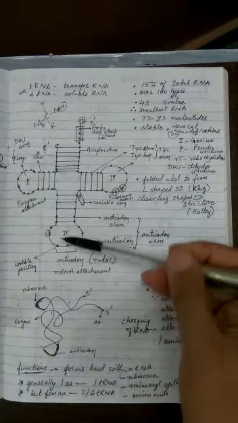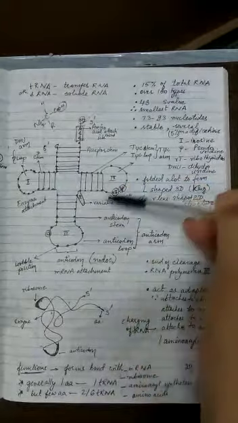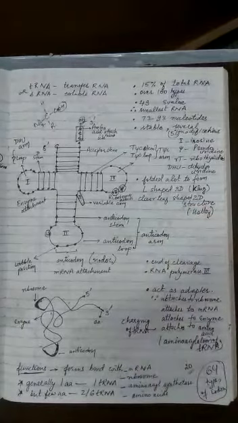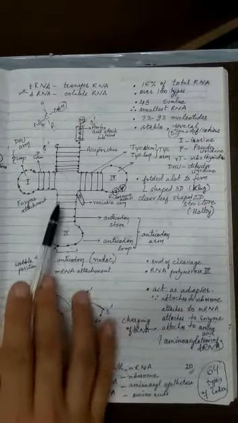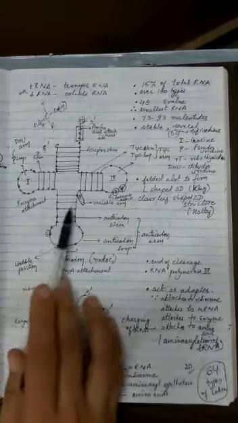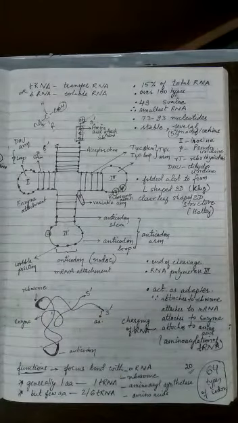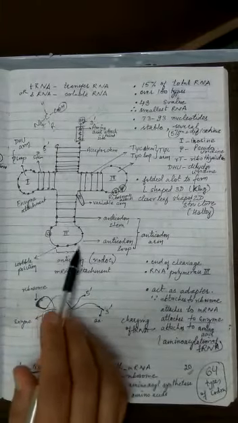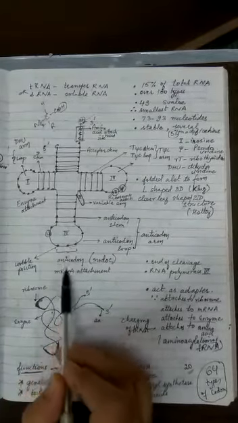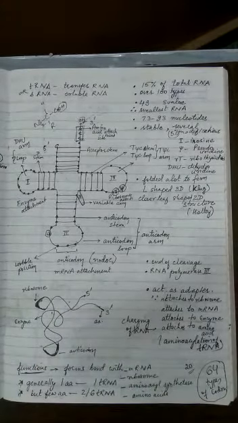Now the next one is this one. Actually, if you check books, it goes like this: first, second, third, fourth, and this is the fifth portion. So the next portion is the anticodon loop. In this loop you can see I have already mentioned 5 base pairs are there, and 7 unpaired bases are there. 1, 2, 3, 4, 5, 6, 7. Out of these 7, these 3 are called anticodons. They are complementary to the codons of the messenger RNA.